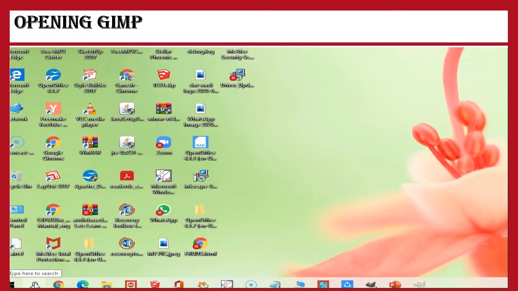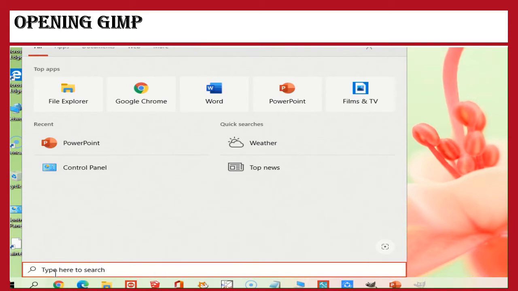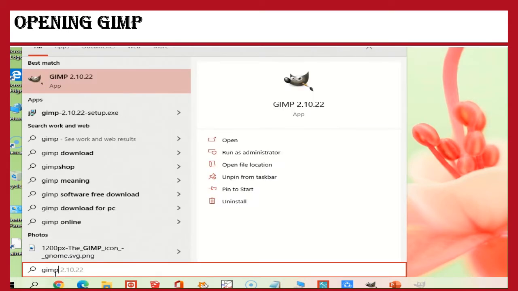Children, now let us see how to open GIMP. In order to open GIMP, go to the search box and type GIMP. Now, could you able to see the GIMP application, children? Now, select that application and give open.